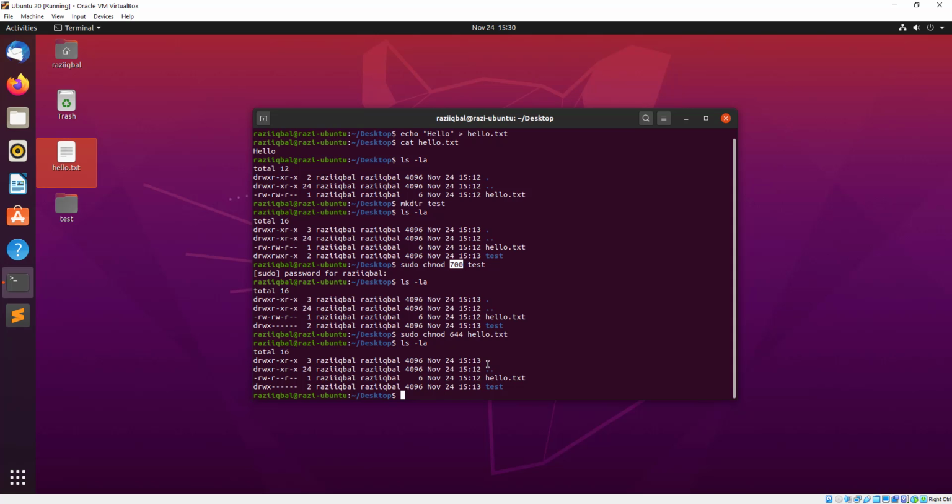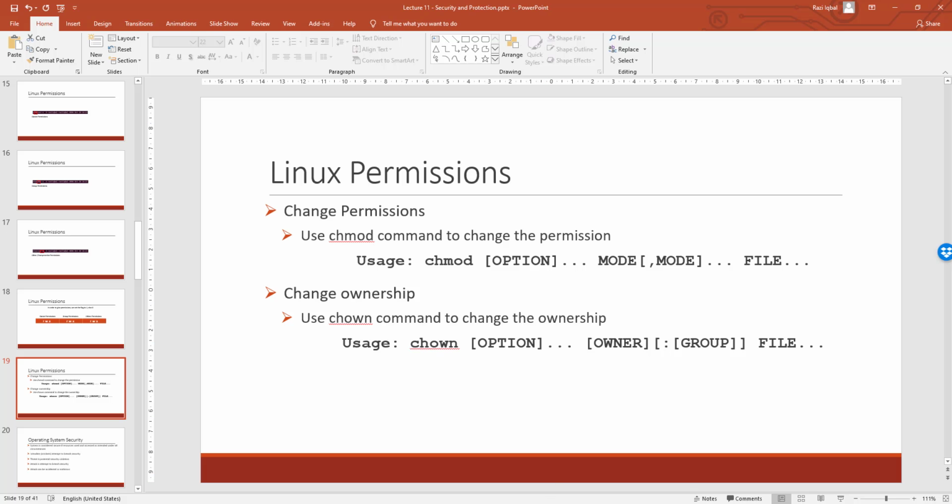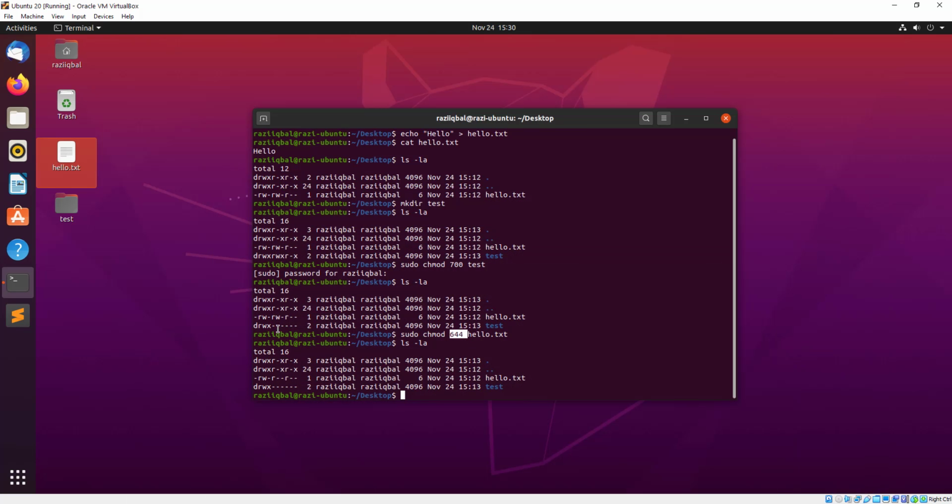Well, there is another way to do that as well. If these numbers are not making sense to you, which I think are much easier as long as you understand the concept I just explained in the previous slide, then these numbers are pretty easy to translate into permissions. But if you think they are not easy, you can still use the other approach. For example, if I want to change this permission back to read write, dash, read write,